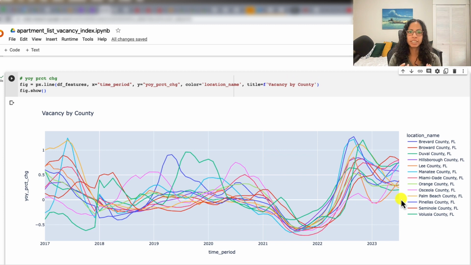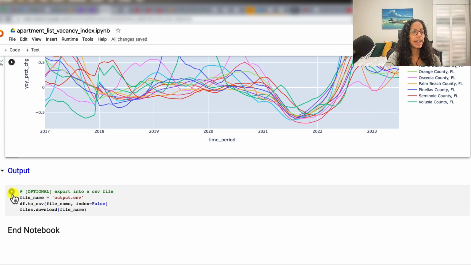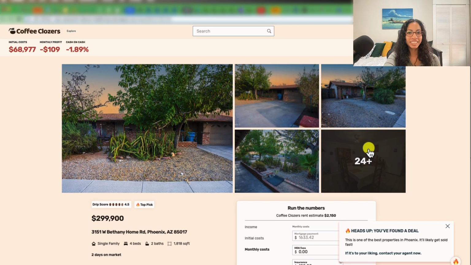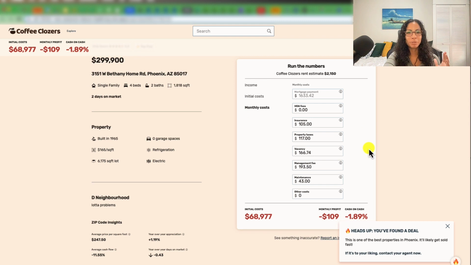So what this would tell me is that I am confident in investing within one of these markets at this stage of looking at just vacancy, because I don't see anything particularly alarming of vacancy really shooting up in comparison to the other counties. I may want to check against some other states as well to see if there are particular states that have lower vacancy than the counties in this one. What you can do next is export this to a CSV file if you'd like to have this data in your hands. And now going back to our example for Phoenix, Arizona, we have our vacancy rate that's been auto-calculated,